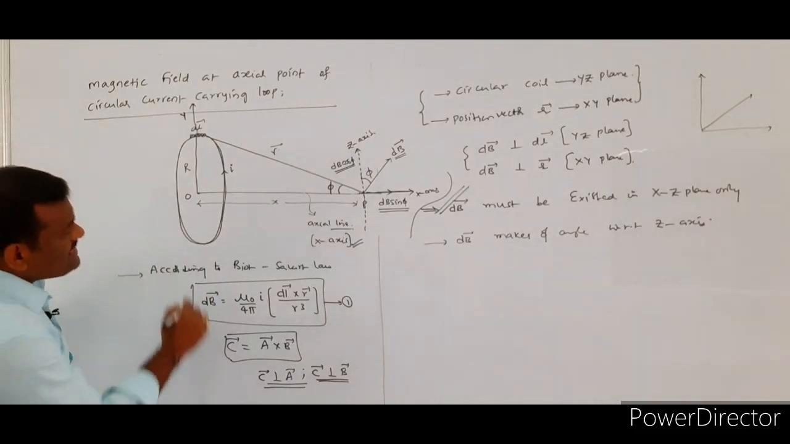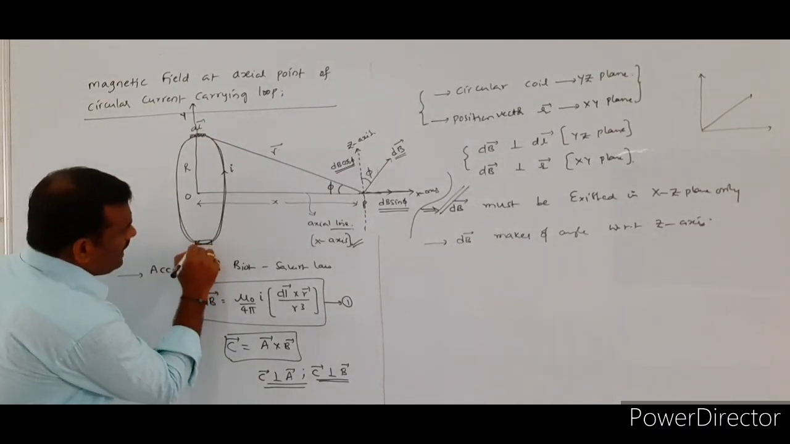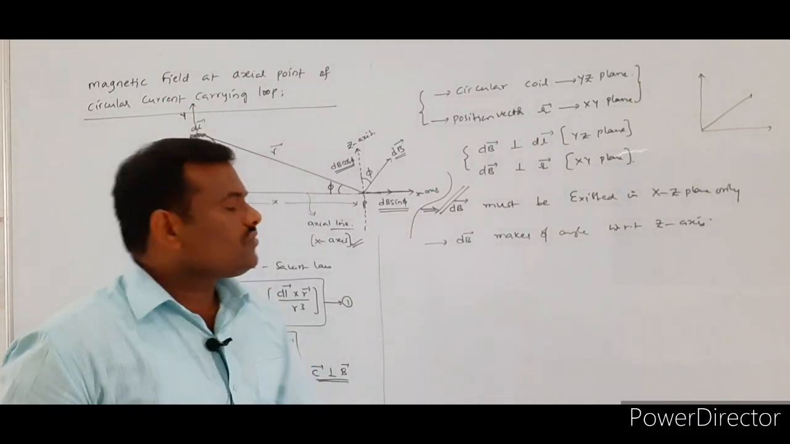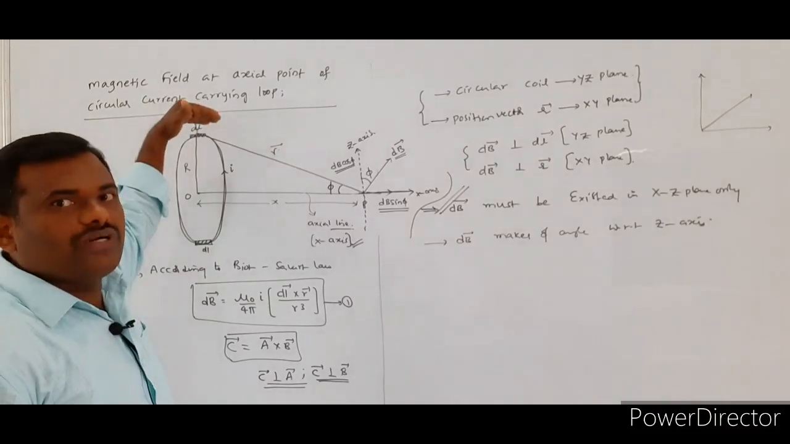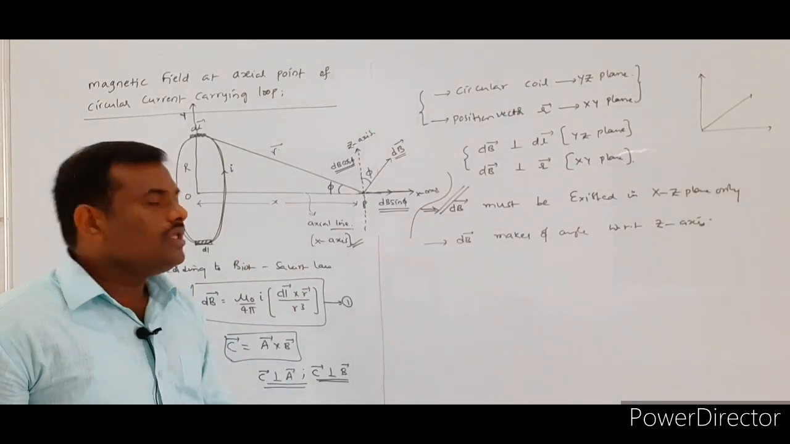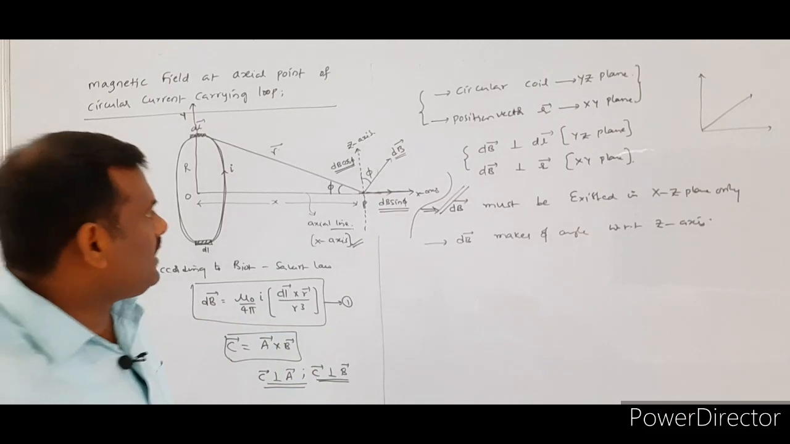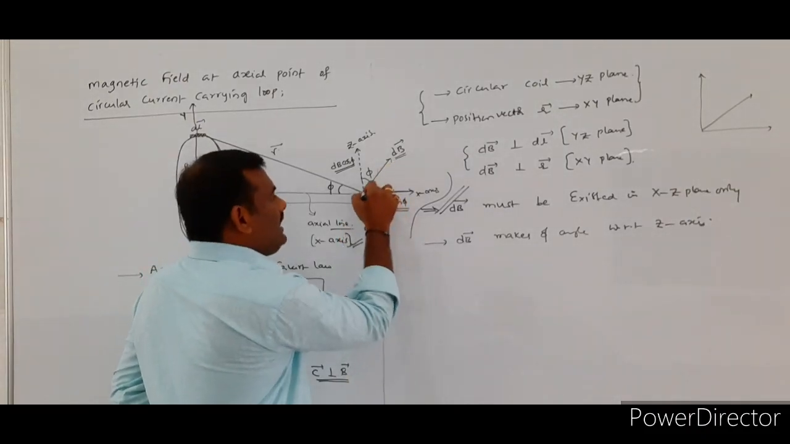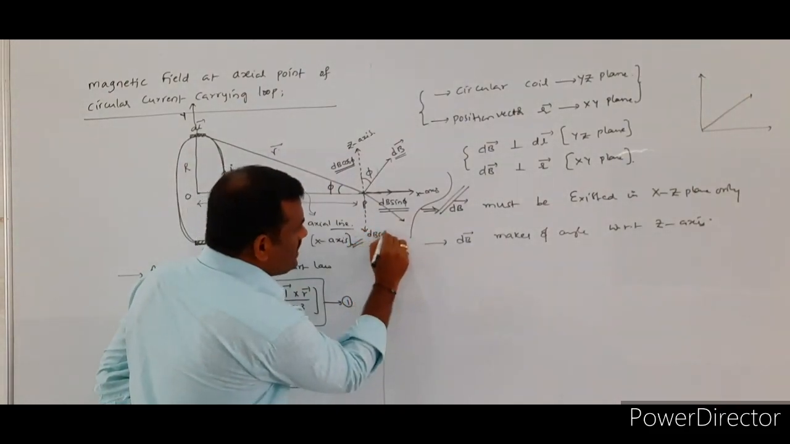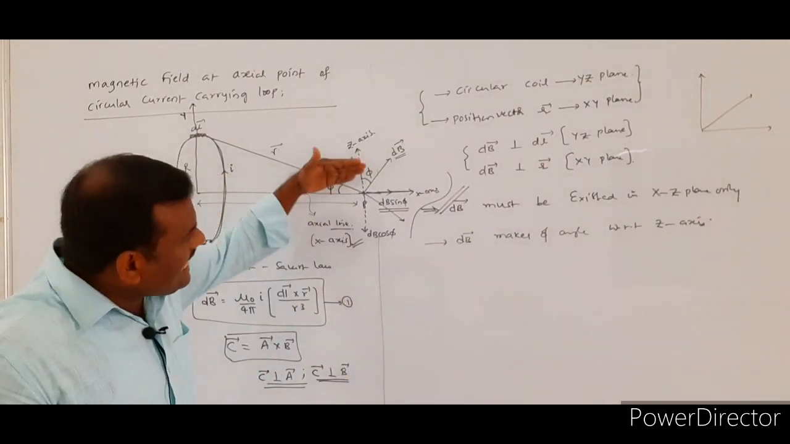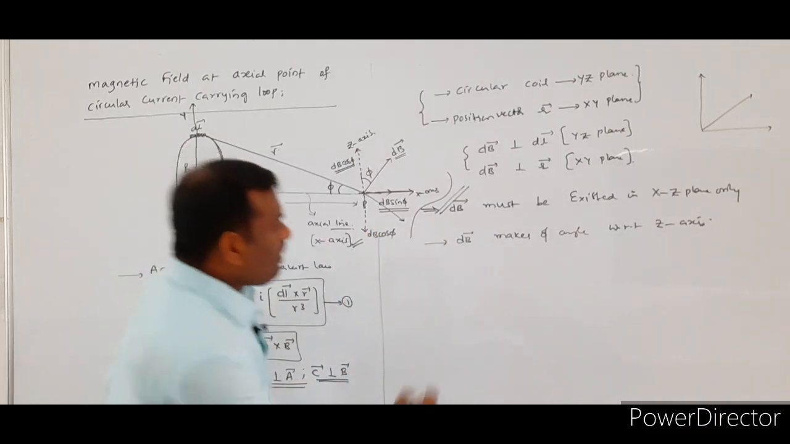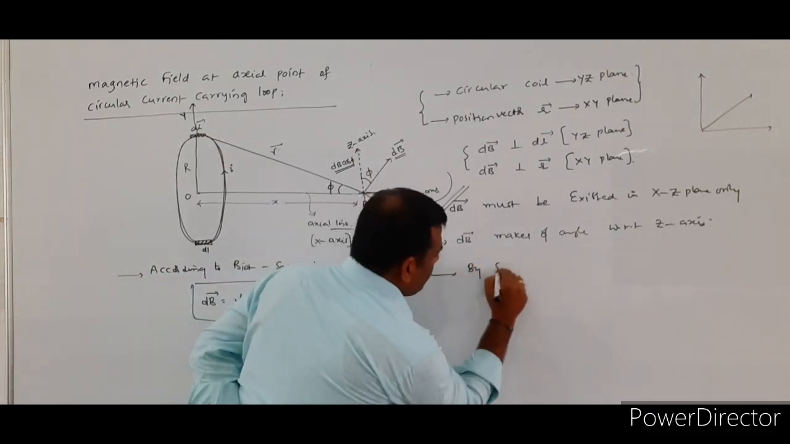So here, if you consider one more element, dl, symmetric to this one. Whatever we consider the element in the vertically upward position, symmetric to that one, if you consider one more small element at the bottom, then by the symmetry the magnetic field vector dB bar will exist in this direction, and its dB cos phi component will be acting in the vertically downward direction, that is nothing but the negative z axis. So from this what we will say, by symmetry